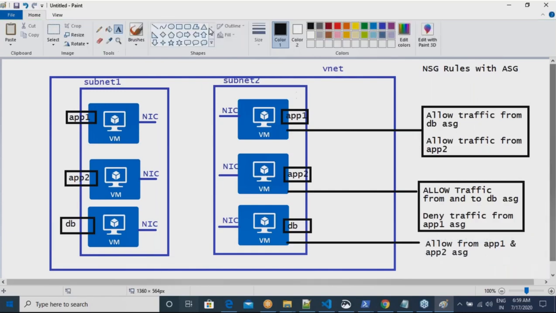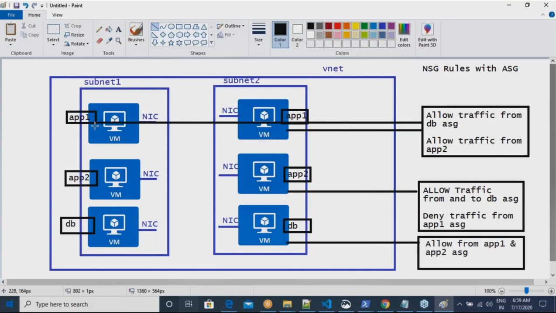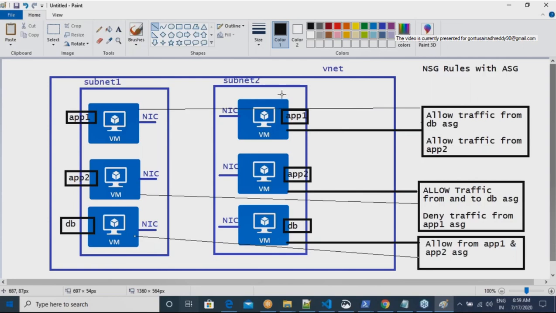So if you create it once, you have created the rules at the ASG level. Now these rules apply to any machine where your ASGs are matching. Am I clear on this, sir? So this rule, whatever we have written, will apply to this machine also, and obviously to this machine also. In the future also, if we create 100 more machines, it would still apply.